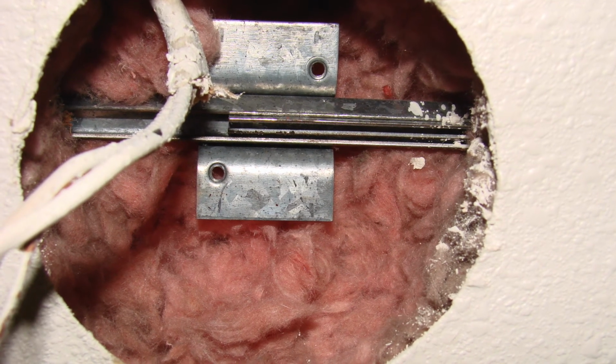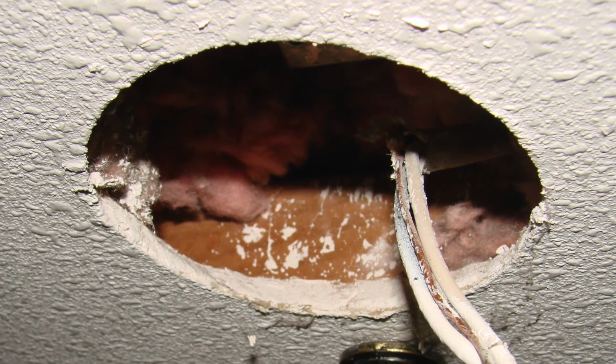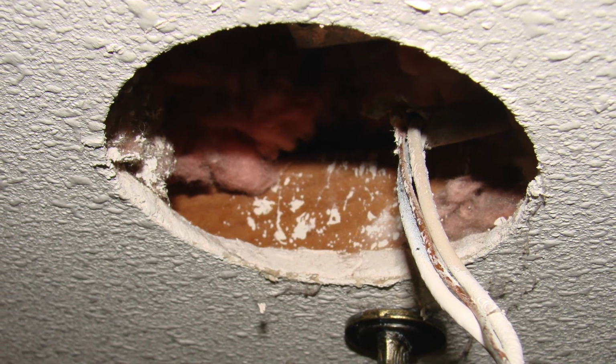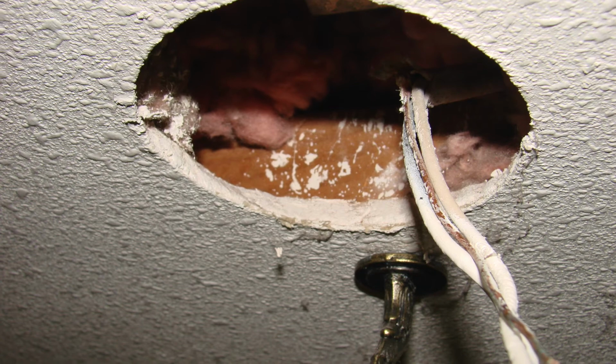Now this can be done again with a large screwdriver. If it's a Bakelite box or a plastic box, I've just taken a pair of pliers and broken those into pieces and removed them from the ceiling. If it's a one-piece metal box, an old metal box, obviously you're not going to be able to break those apart. But if you carefully remove all the hardware that supported the wiring as it came in, if that was present with the existing light box, you just have to be able to get the wiring out of the existing box, move that box out of the way, and then get ready to install the new ceiling fan